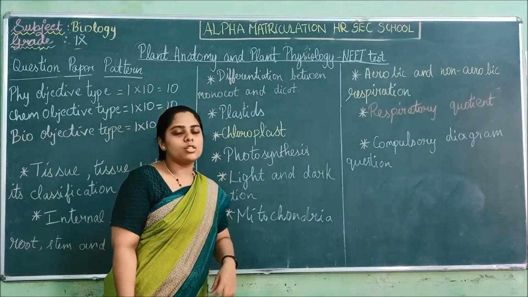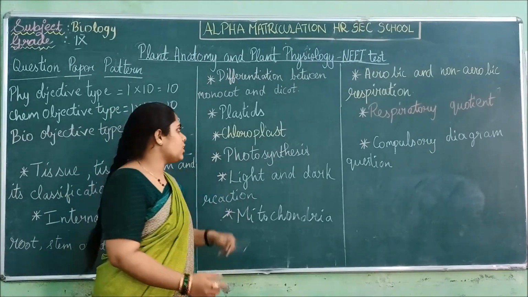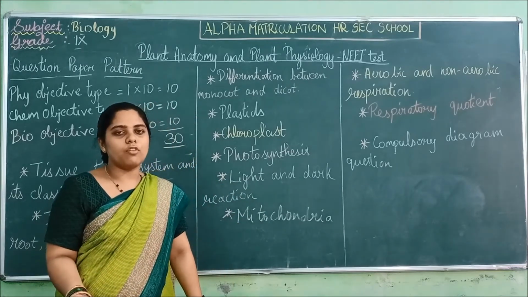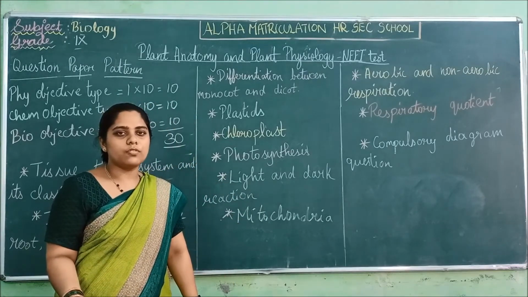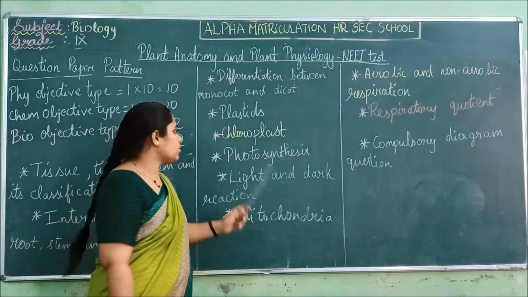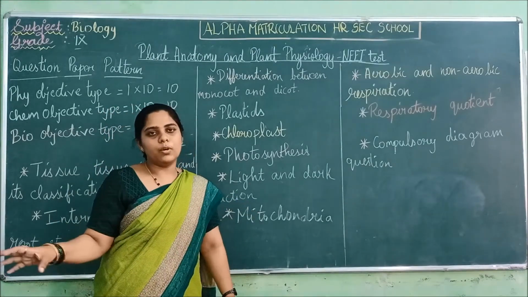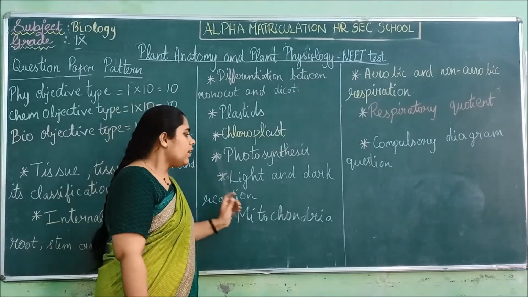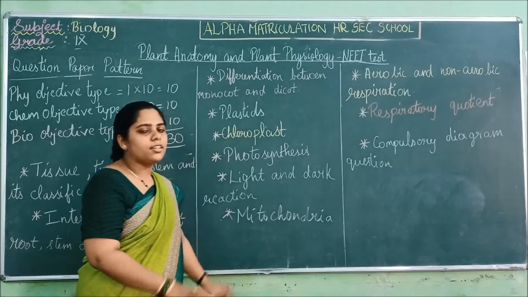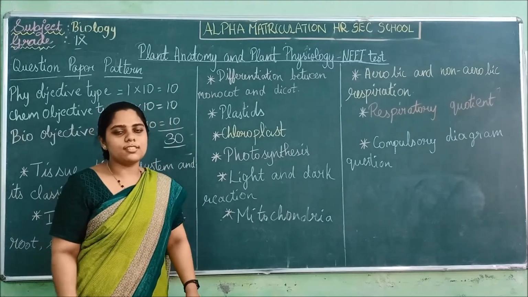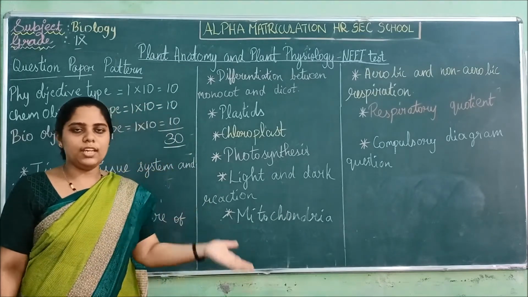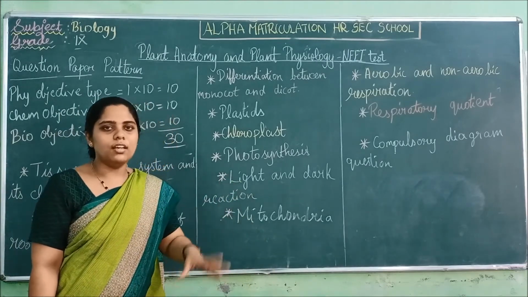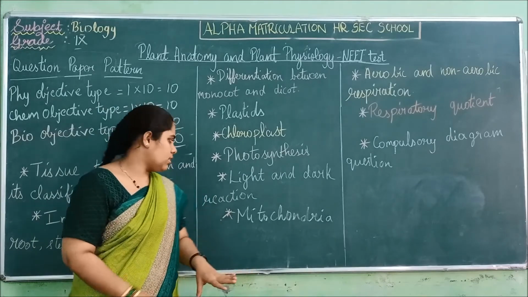And about plastids, what are the different types of plastids? And chloroplast: what is chloroplast, what is the structure of chloroplast, and the functions of the chloroplast. Learn all those things also. And learn the equations of photosynthesis. What is photosynthesis, and the light reaction and the dark reaction? What process is going on? Because anywhere in between I can ask questions, so you should be able to answer wherever the question is asked.